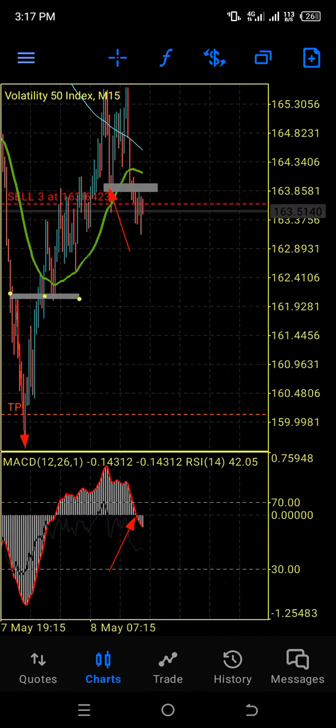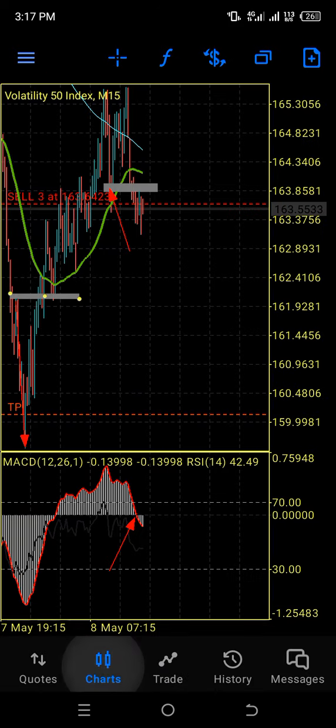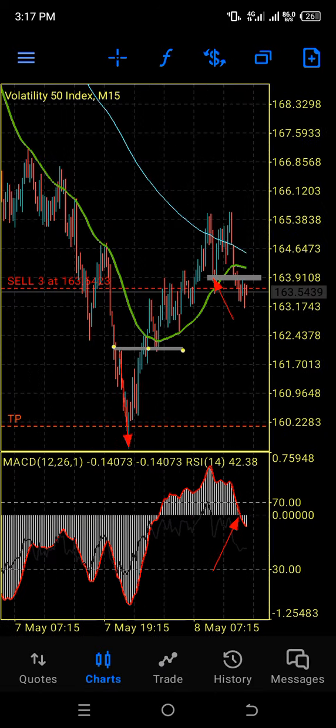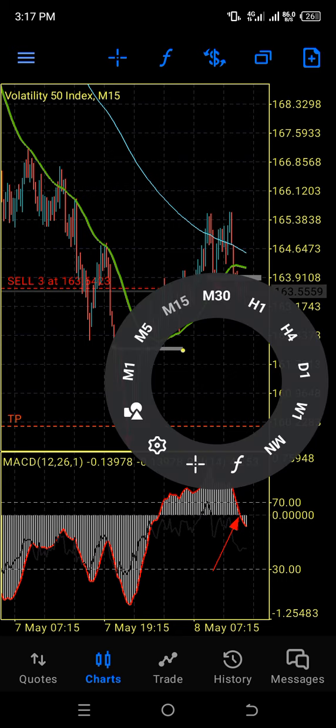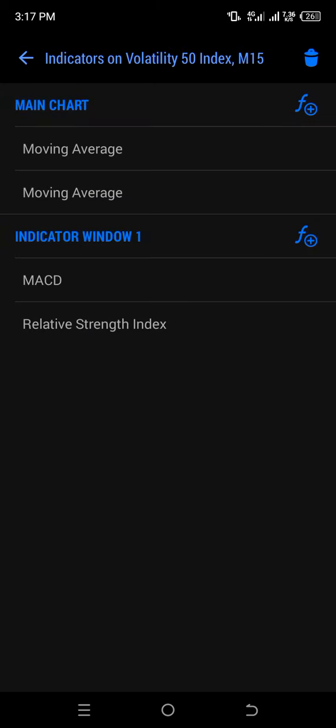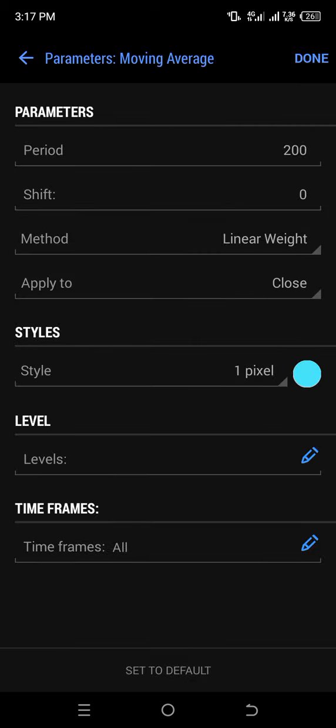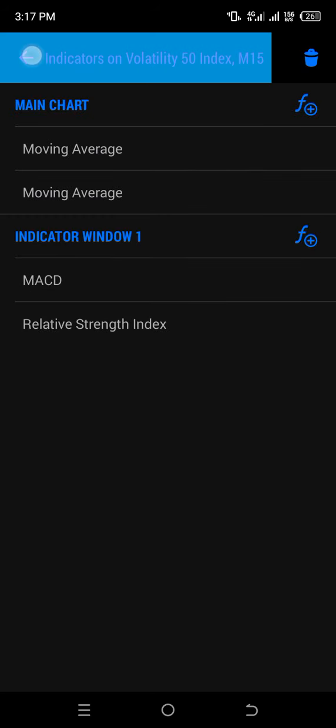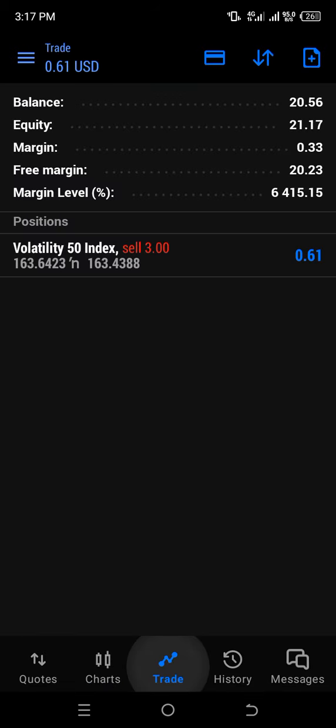So I said that at the end of this video I was going to be showing you the settings of the indicators. So right now, these are the settings. You go to the F, you select this. You can see the 200 linear weighted, apply to close. You can use any pixel and any color of your choice. You can also go over and use the 50. Sometimes I use just the 50 alone, but it's okay to use the 50 and the 200, the same settings. Just pause this video and copy the settings. So guys, it is that simple. You can practice this, raise your account.